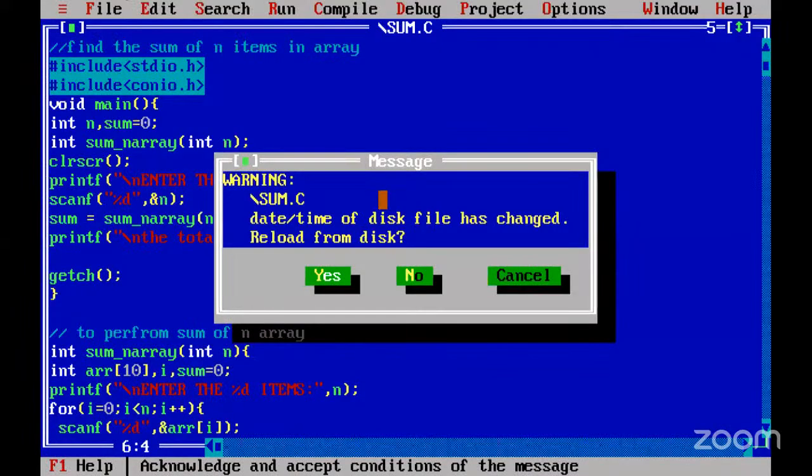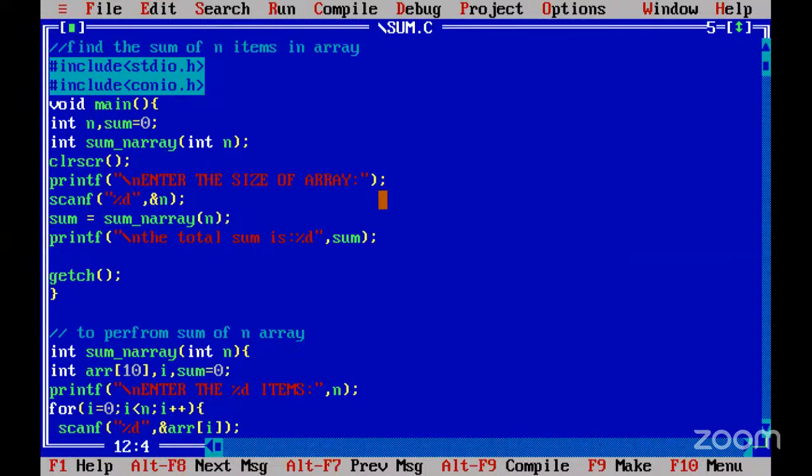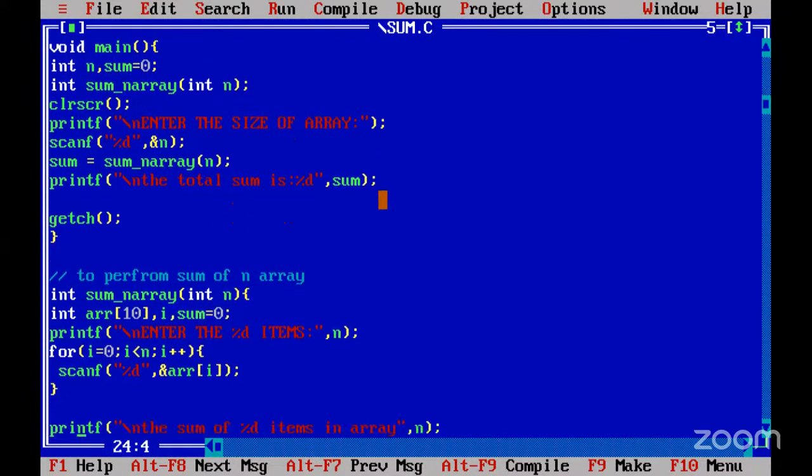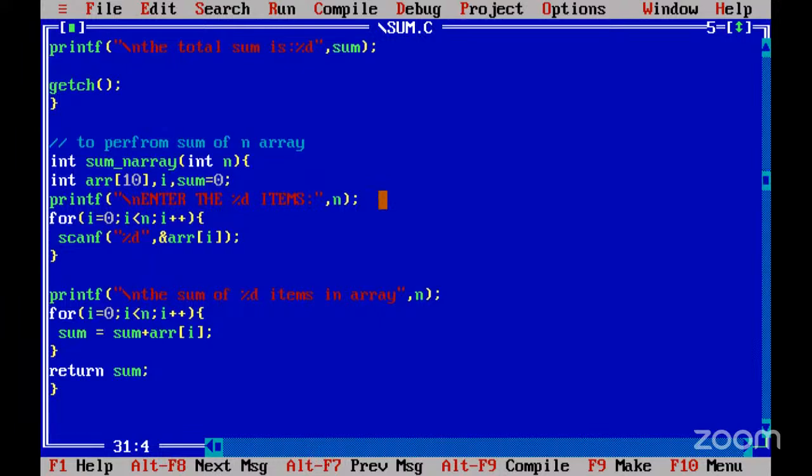So 6, 5, 4, 3, 2, 1. So we are able to see the total sum 21. How is it possible? Because we have simply modified it. With this simple program, we are able to understand how to write